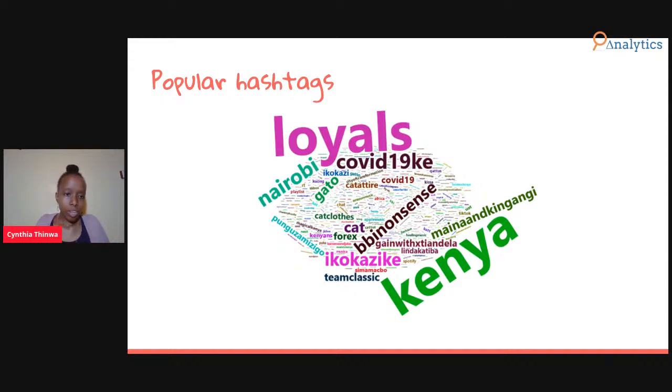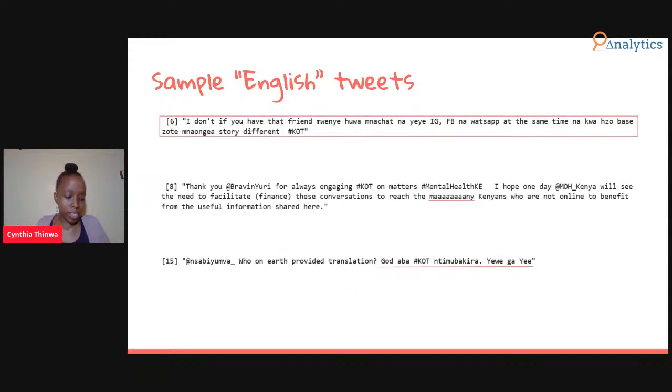the dominant speakers of this data set seem to be Kenyan. And then an interesting thing, when we get the first 15 results, we have now some evidence of the code switching that we discussed earlier in tweet number 6. Tweet number 8, there's a deliberate misspelling to show emphasis, to emphasize the size of the number of Kenyans. And then the 15th tweet has Kinyarwanda with hashtag KOT being used as a noun to refer to Kenyans on